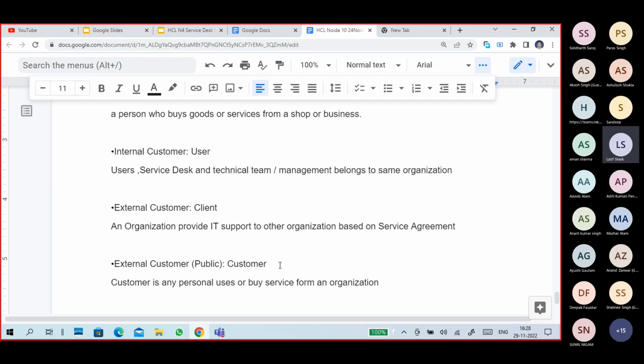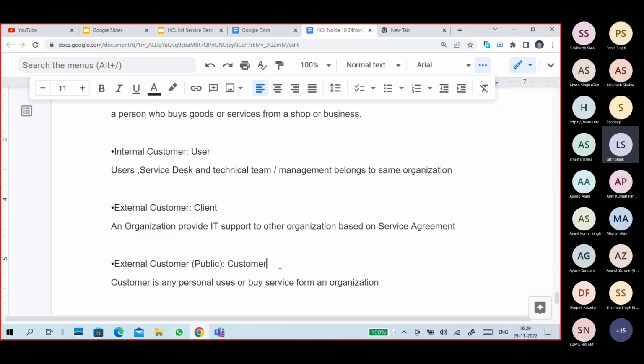Okay, for example, you are working in Airtel. Airtel is providing internet to both public customers and to certain organizations. So you can go to Airtel leased lines kind of stuff. Airtel is providing two different types of services. One is public broadband internet services, and to private organizations it is providing separate internet services. Okay, both are different. Second is an external customer.